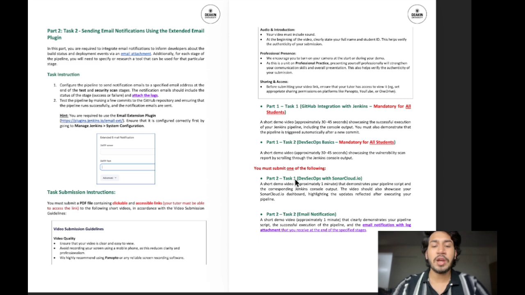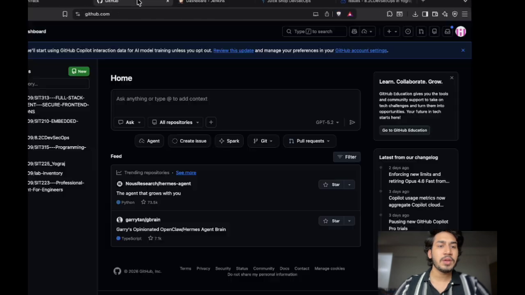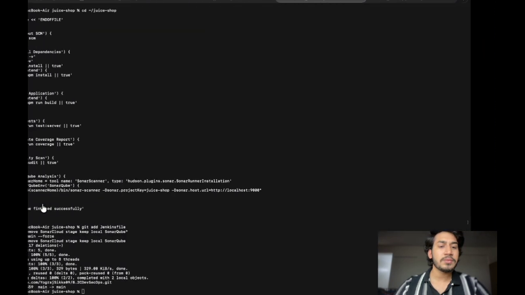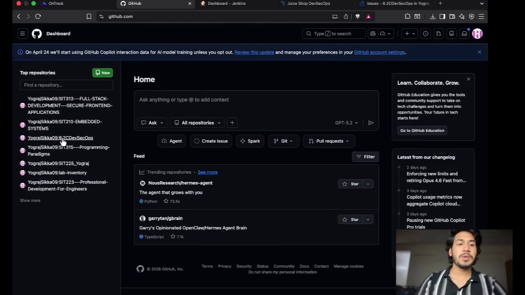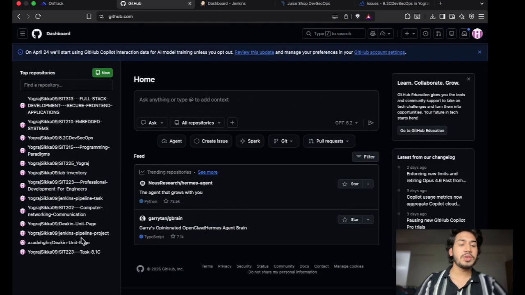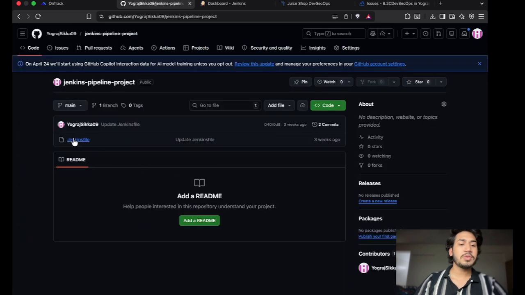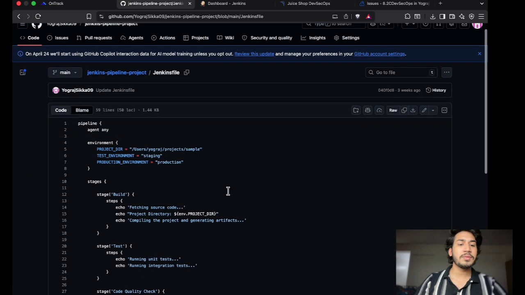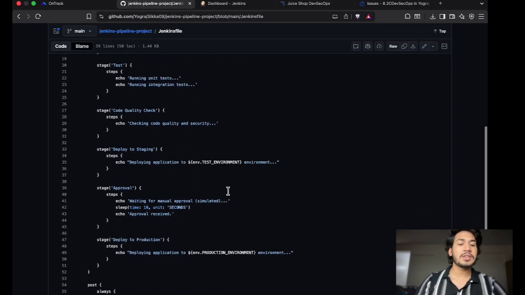I will show you how I made the GitHub part here. So now let's open my GitHub. So this is my GitHub. I will open the repository which I will be using here. This is my GitHub repository which I am using in this task. So this is my code. You can see all the 7 tests here.